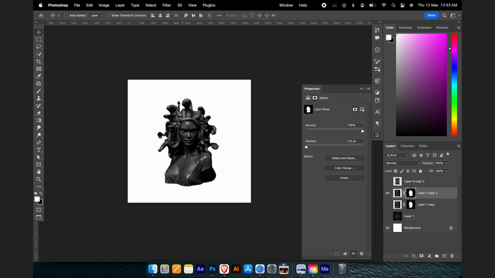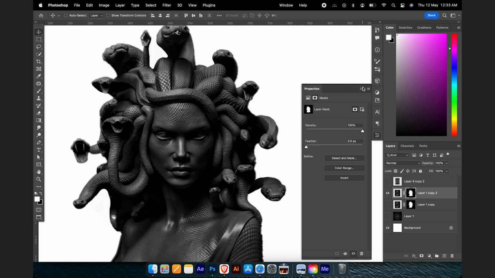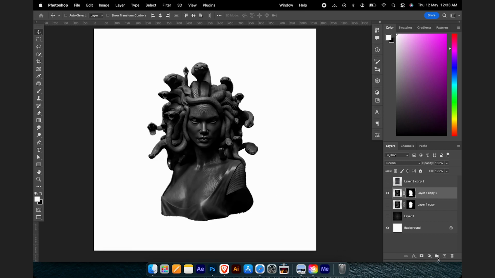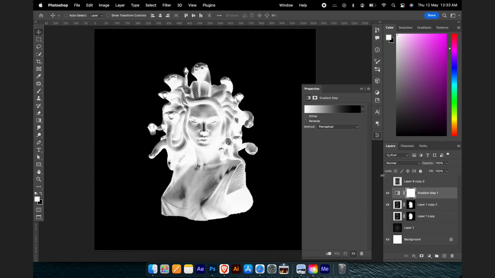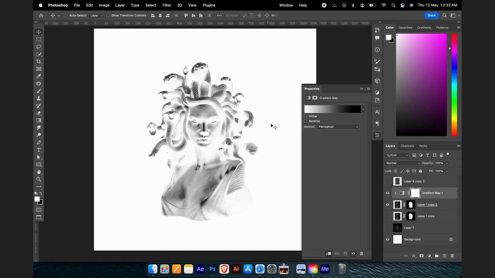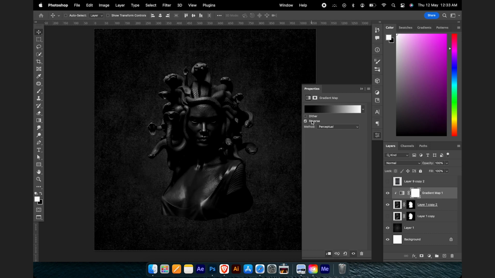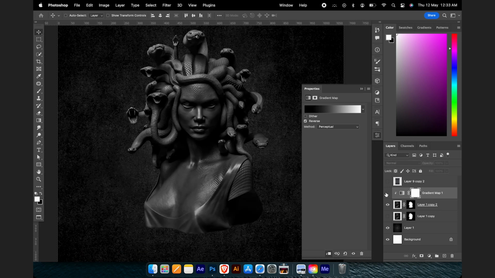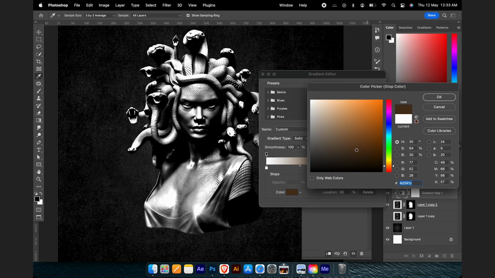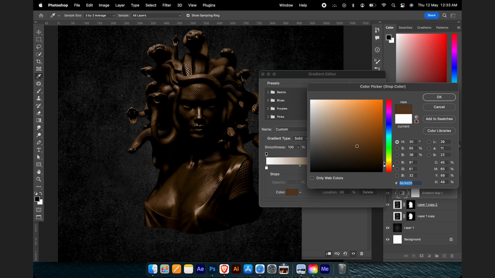After this we are going to use a gradient map for this model. So I'm going to reverse it. As you can see, it's already looking good, but now we are going to add some golden shade on it. So let's take this, I guess this,